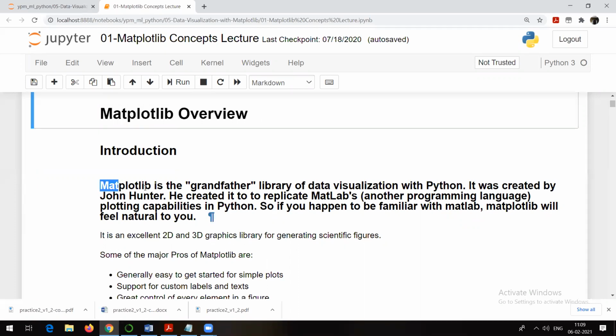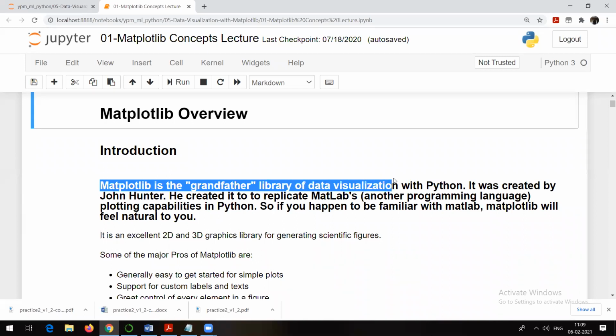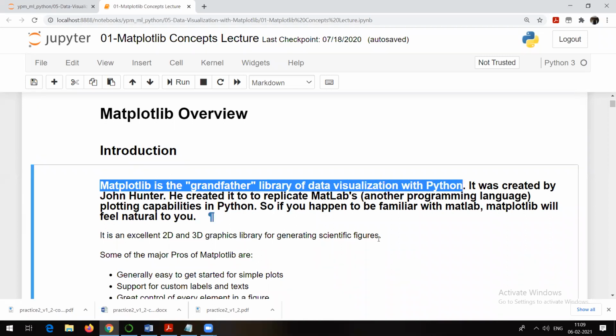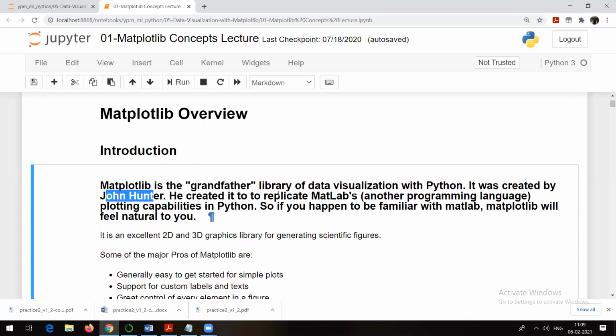Matplotlib is the grandfather library for data visualization with Python. This is a very basic library whenever we talk about data visualization in Python. It was created by John Hunter. He created it to replicate MATLAB. I told you, MATLAB is a very old tool, still it is used. Just to replicate MATLAB's plotting capabilities in Python, Matplotlib has been designed.